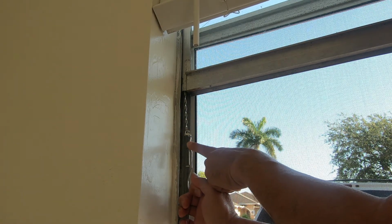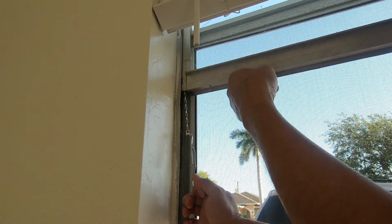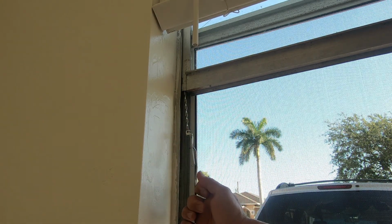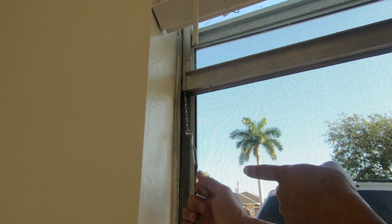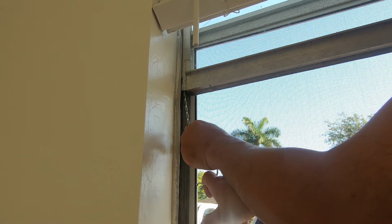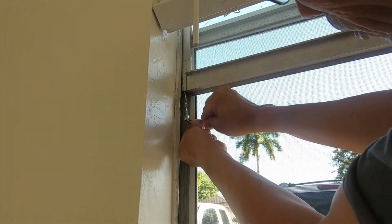There is a clip attached to it, and when you put in a brand new one, you had to twist it so you create tension, and then you put it back in there. So I release it about 3 rotations. All right, so actually it should be right here. So about 4 rotations. So you just put it back in,